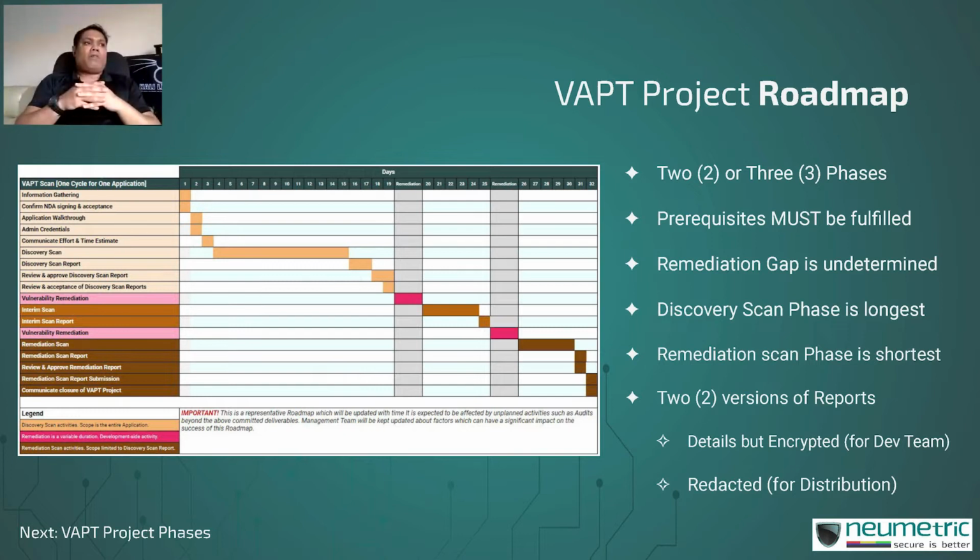I find it very problematic that there is one single report which has got all of the weaknesses of a web application, some of them critical in nature. If they land up in the wrong hands, it will become a very serious problem for the entire organization, and they're not encrypted. I find it very, very problematic, and this is a practice that I've usually seen of security teams not taking care of this basic aspect.